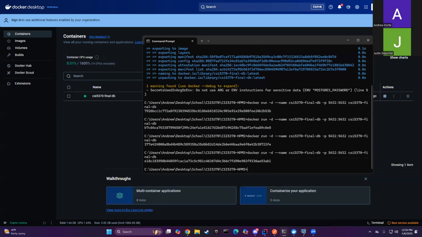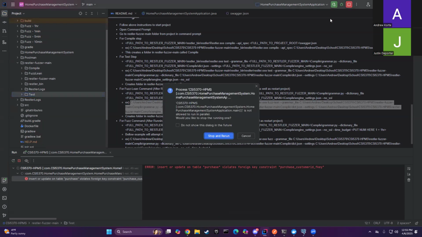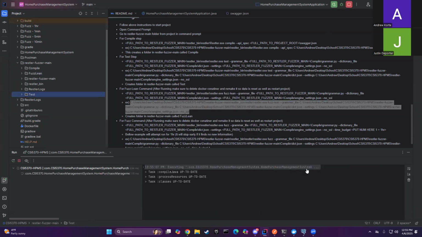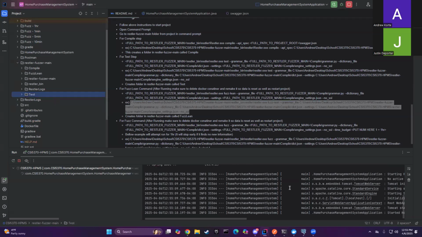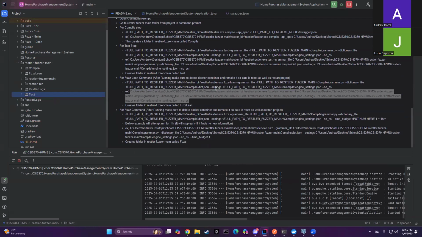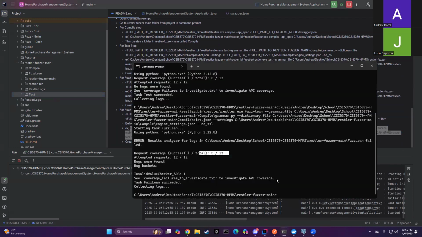restart it. If you want, it's not necessary, but you can always restart the application itself. That'll help clear out this console, but not necessary. And now we can go to the last command, which is the fuzz command, which we can see is right here. We come in here,